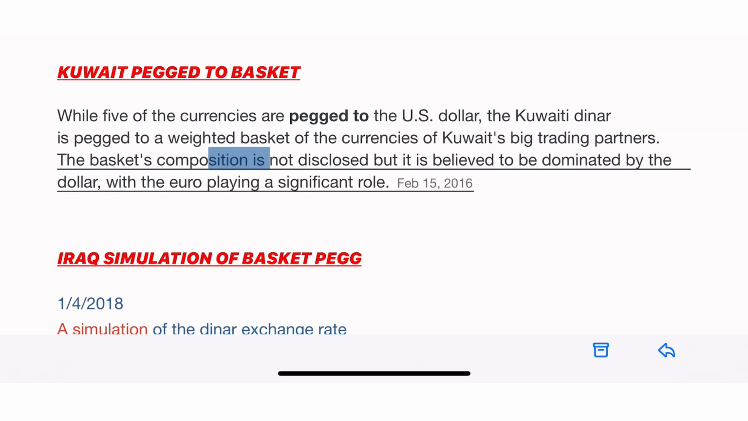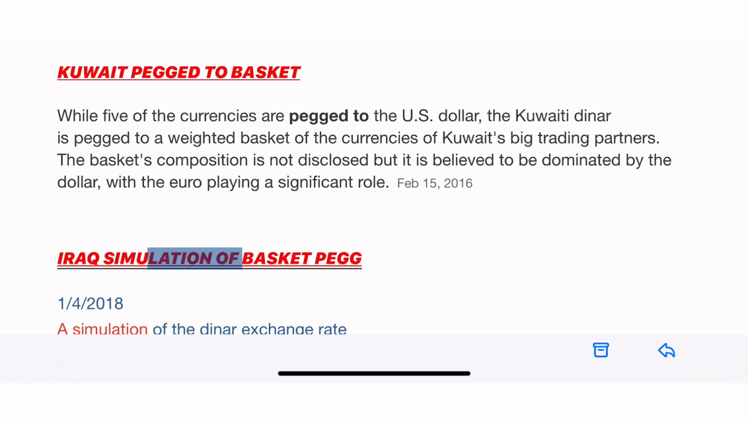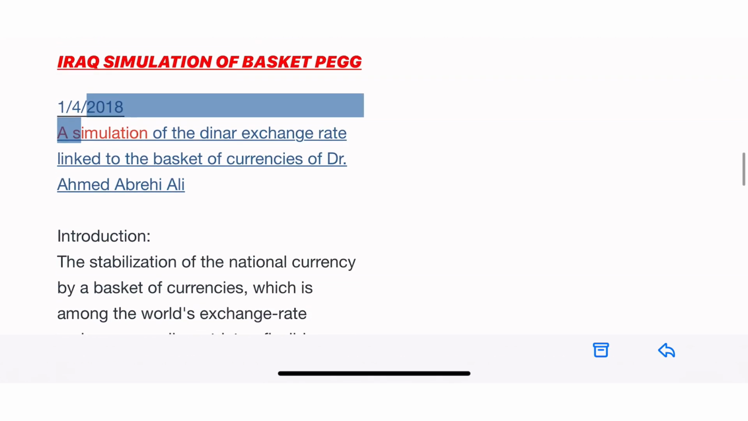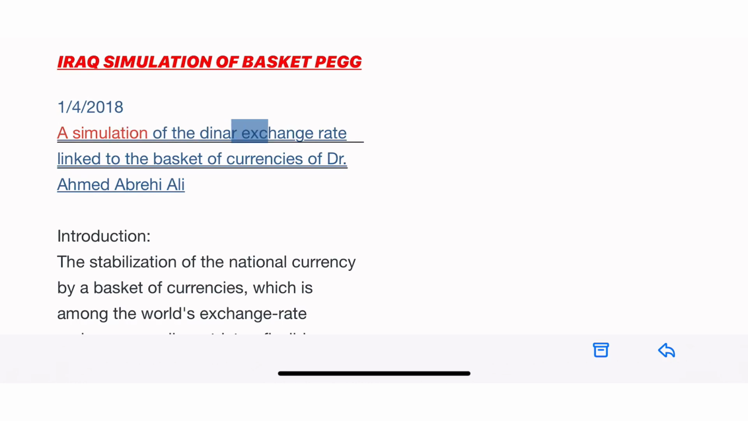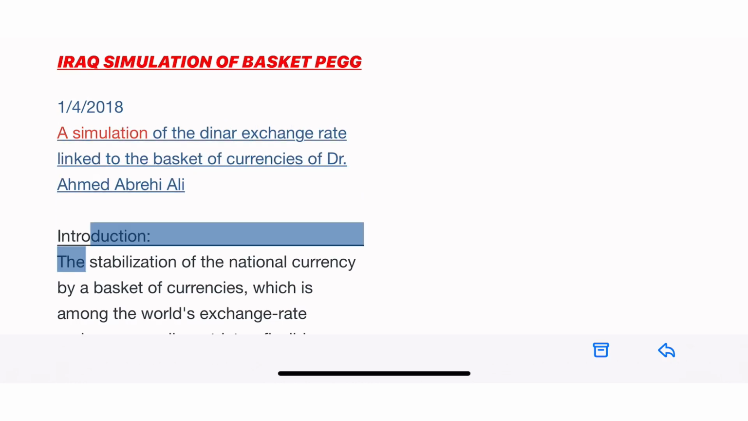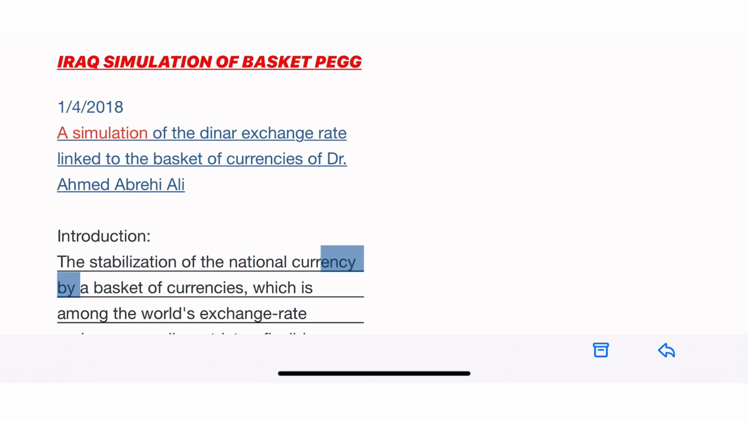The basket's composition is not disclosed, but it is believed to be dominated by the dollar, with the euro playing a significant role. February 15, 2016. Iraq simulation of basket peg. The 1st of April 2018, a simulation of the dinar exchange rate linked to the basket of currencies, by Dr. Ahmed Abrihi. Introduction: the stabilization of the national currency by a basket of currencies, which is among the world's exchange